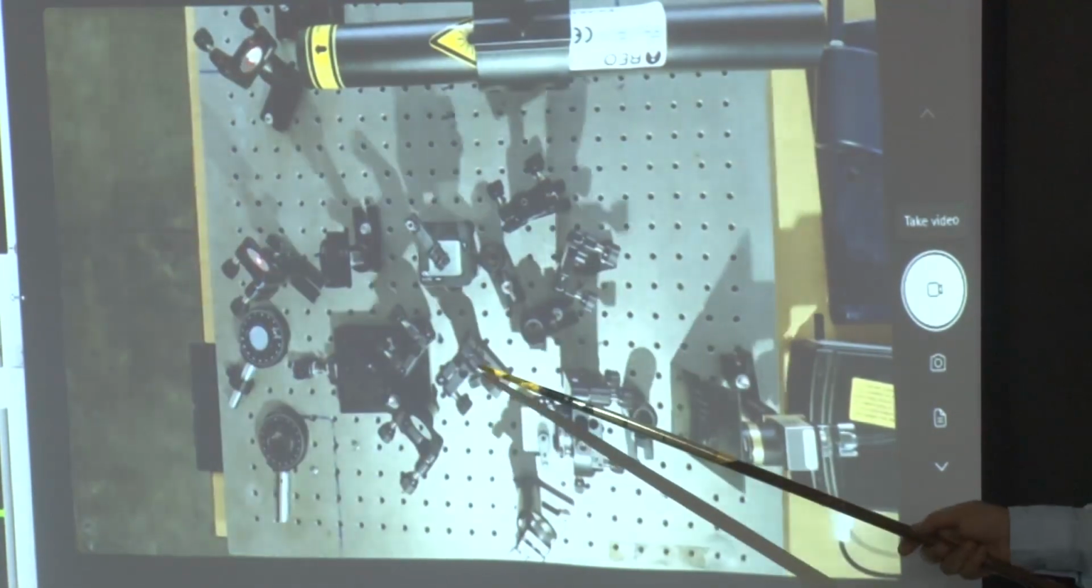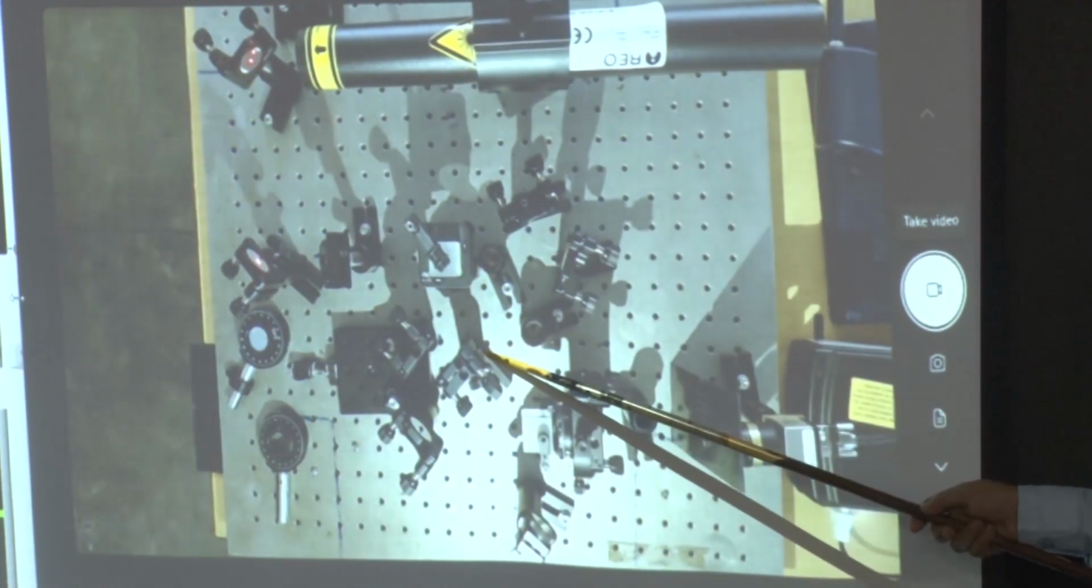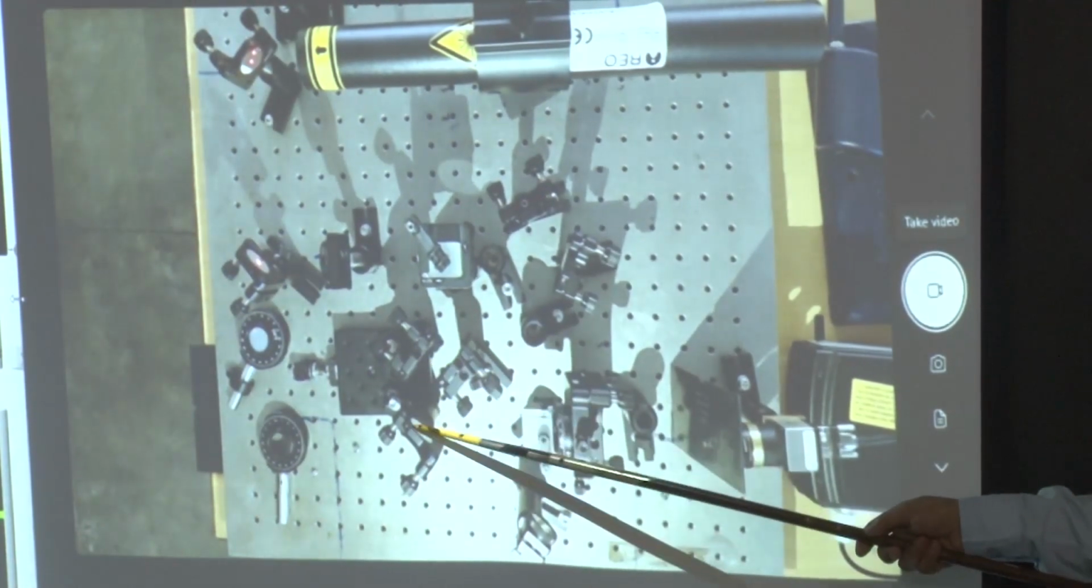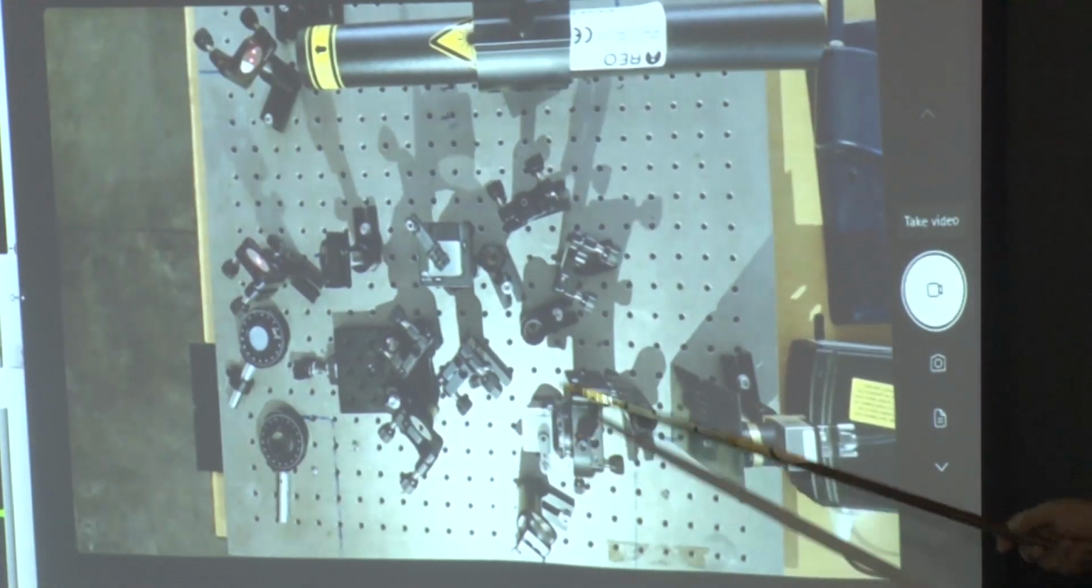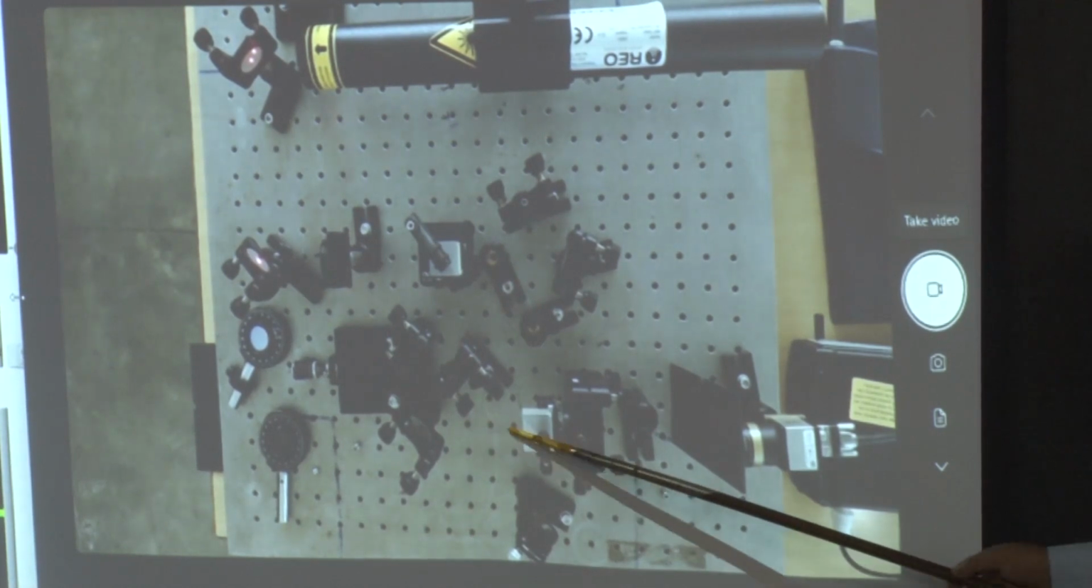Now you can see, right? There's a 3 mirror, 1, 2, 3. So from this side, it comes there, and then gets into the beam splitter. So these are the two possible ways in which it can come, and then it finally mixes at this